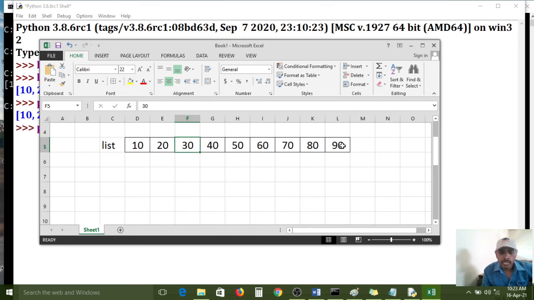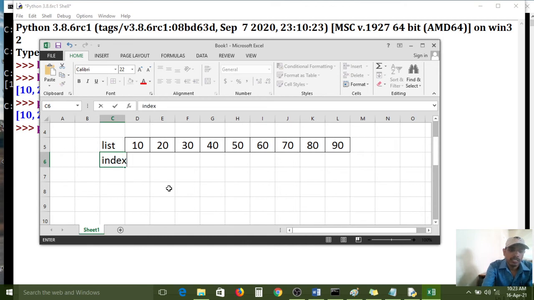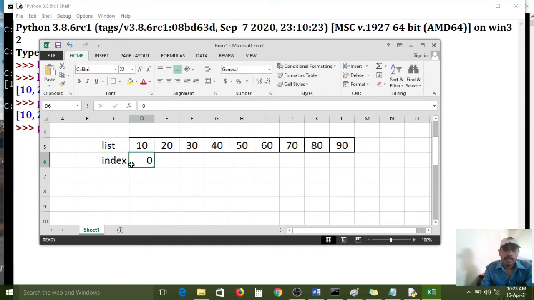These elements occupy memory internally, and an index is also created automatically. These are index numbers: 0, 1, 2, 3, 4, 5, 6, 7, 8, 9.